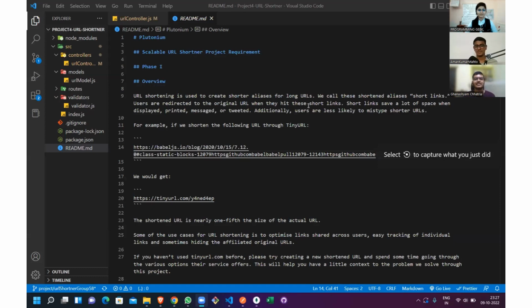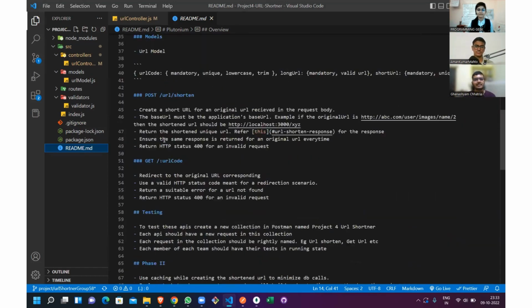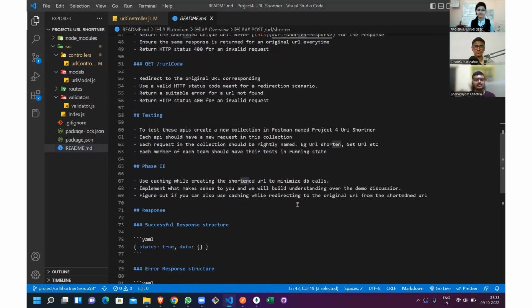So yeah, this is our project. In this project, there are two phases. In phase one, we are creating and redirecting the URL, and in the next phase, we are using Redis and cache as a database. And for creating our